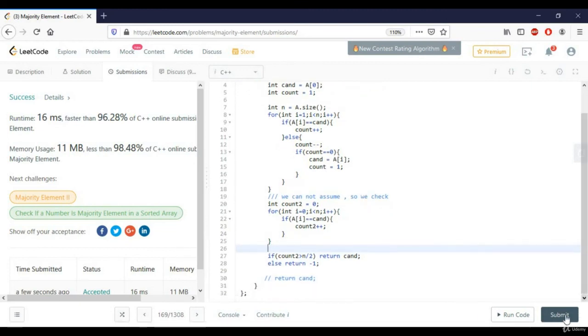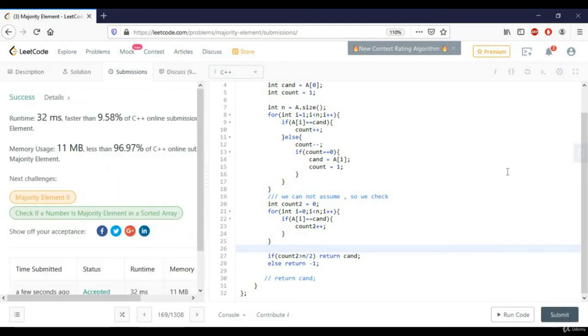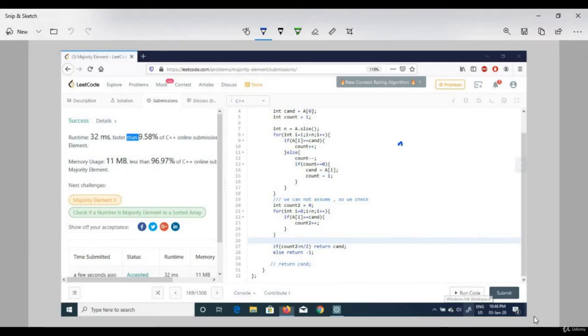Okay, now let's submit our code. So our code is working fine. Now why is this code working fine? Because in the question it is given that the majority element is always present.